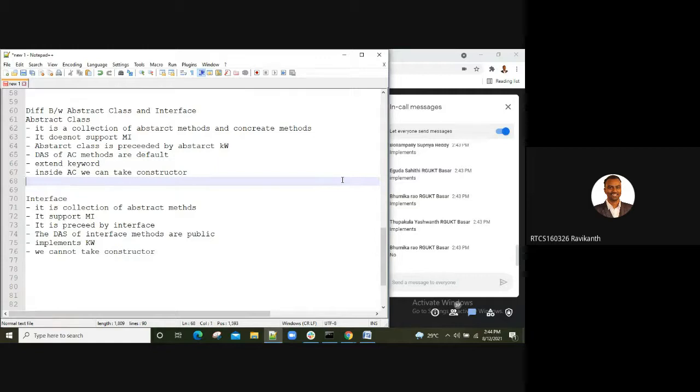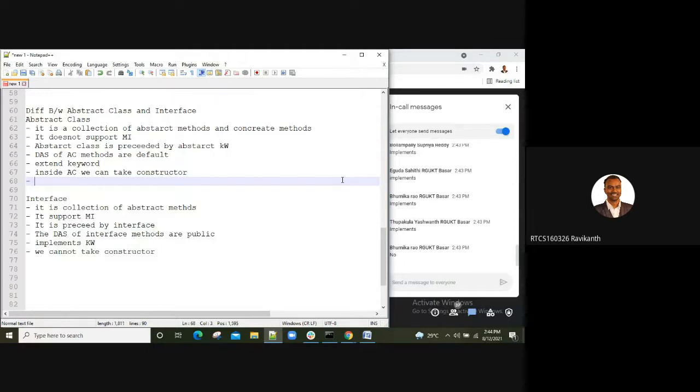Next, any more differences, guys? In terms of restrictions also, when you go with abstract classes, there are no restrictions for abstract class variables. But with respect to interface variables, we cannot declare variables as private, protected, transient, and volatile.